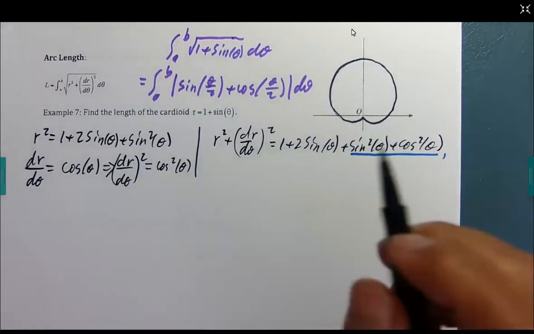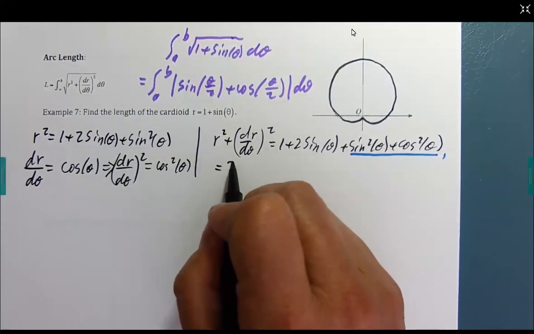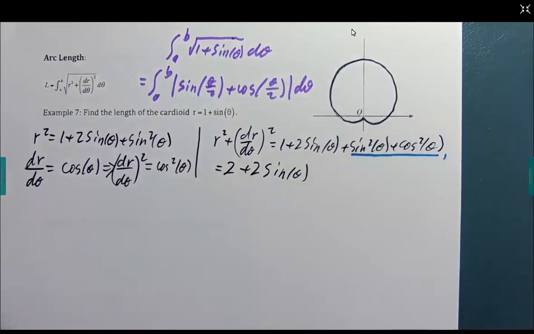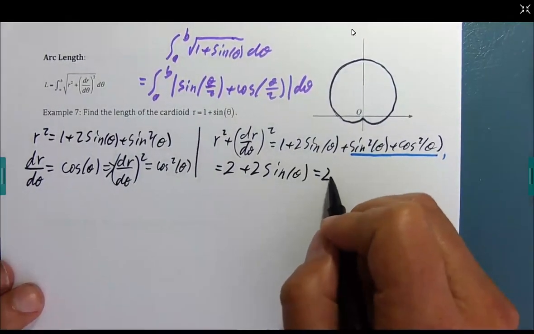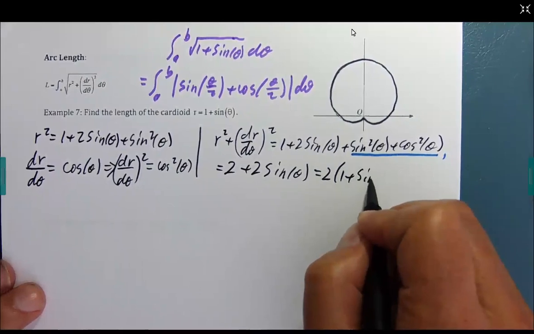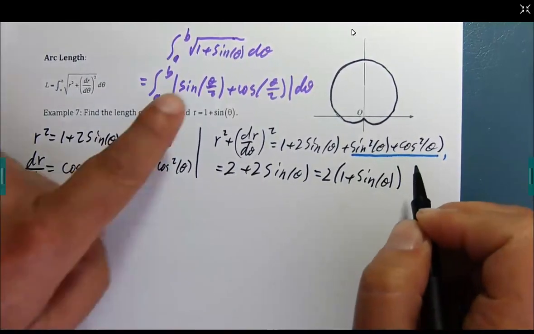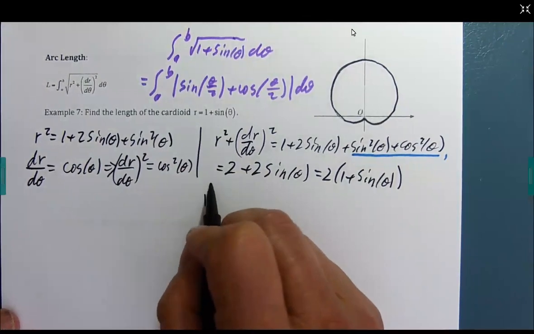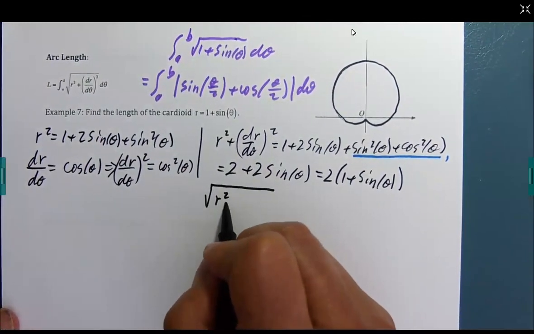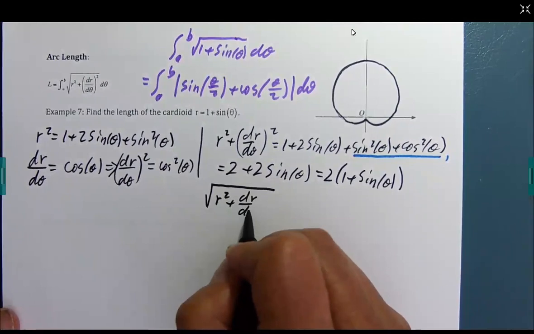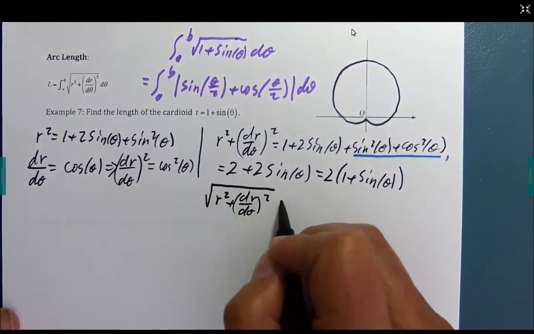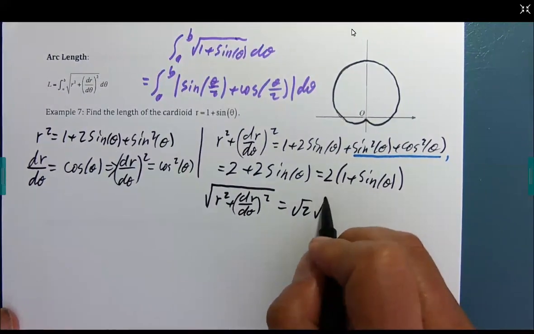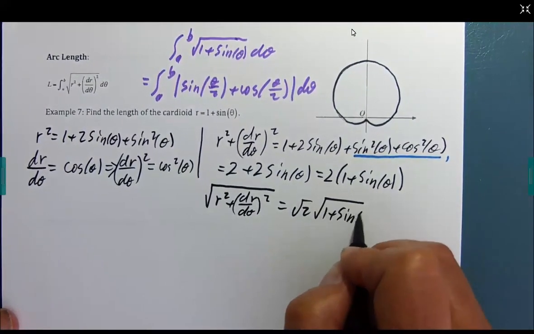And 1 plus 1 is 2. And I can even factor the 2 out. And you can see where I'm going with this. So when I take the square root of the whole thing, I'm going to get root 2 outside, and then the square root of 1 plus sine theta,